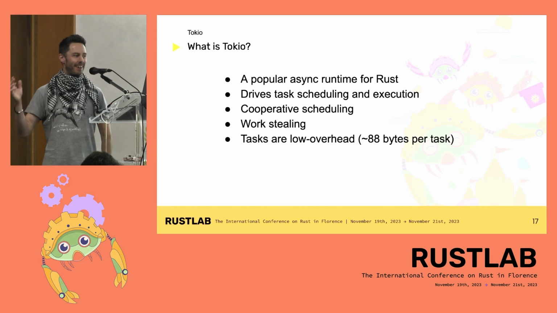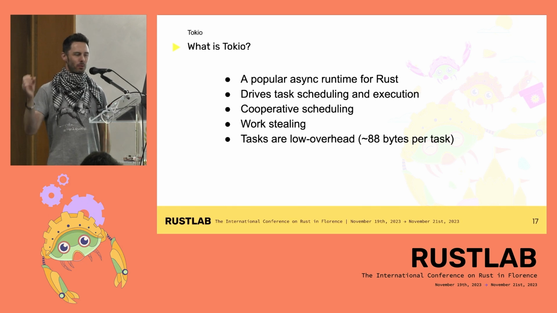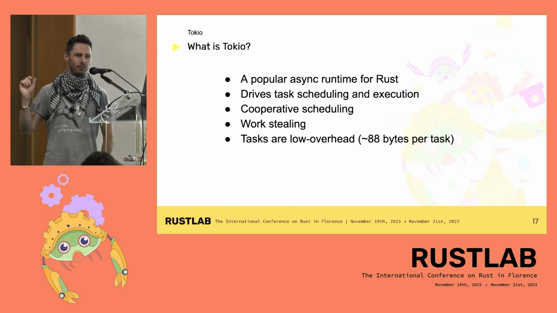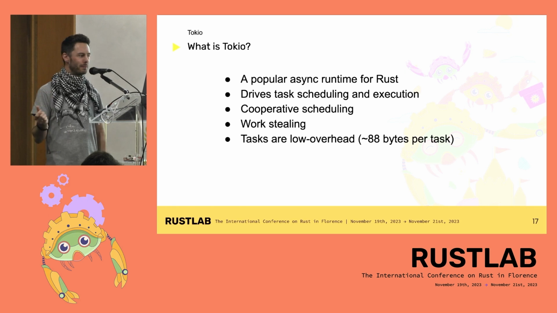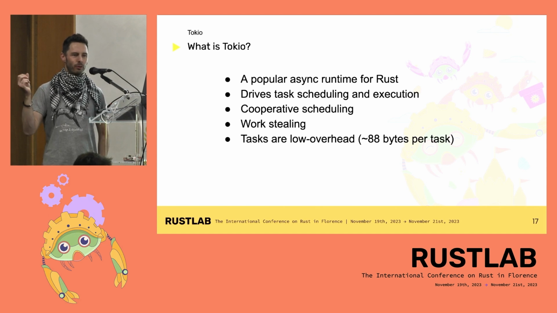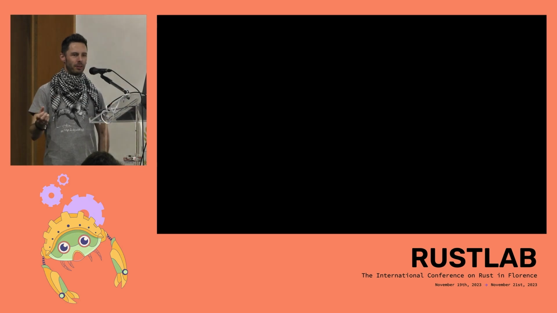It drives the task scheduling and execution. It handles cooperative scheduling, which means that inside some of the resources that Tokio provides, it will check whether you're perhaps blocking unintentionally because whatever you're waiting on is always ready, which also presents problems. It also has work stealing, so if you have a multi-threaded or multi-core async runtime and one of your workers,